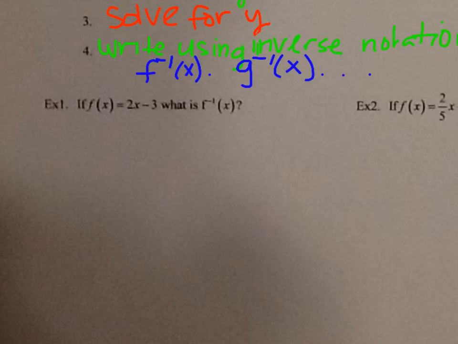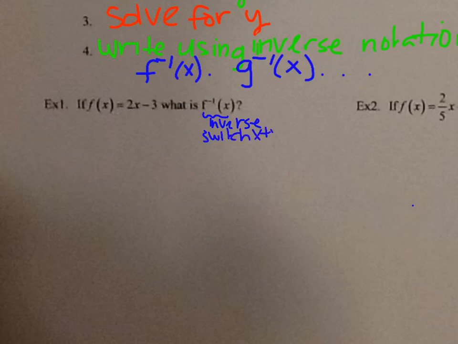Number 1 says, if f of x equals 2x minus 3, what is, and look at what I have here. It doesn't say what is f of x, it says f to the negative 1 power of x. That means what is the inverse? Remember, this means inverse. And what does inverse mean? Inverse means to switch